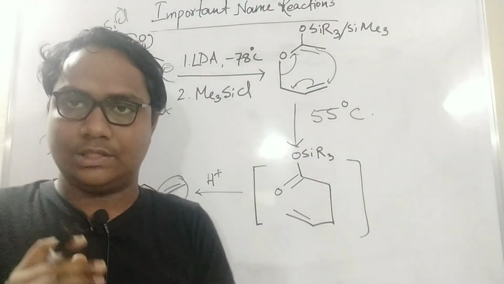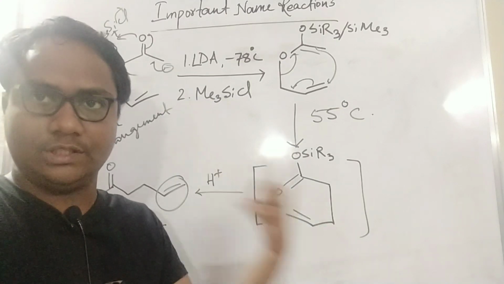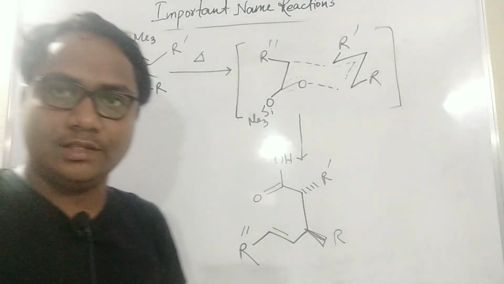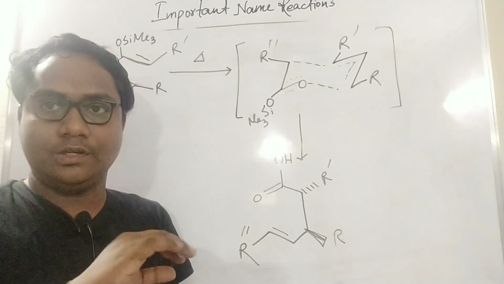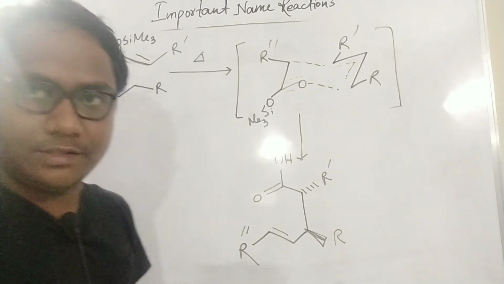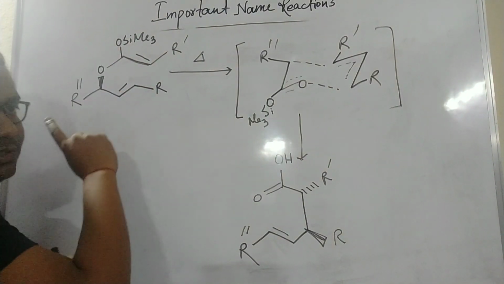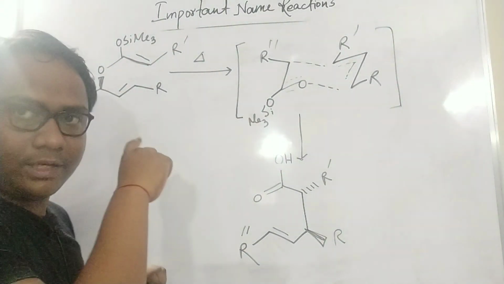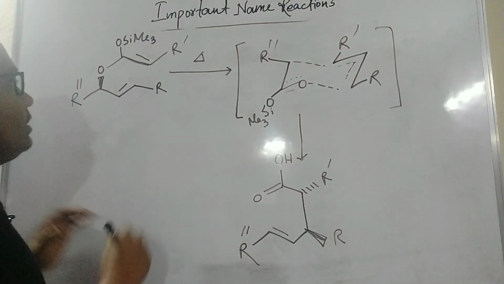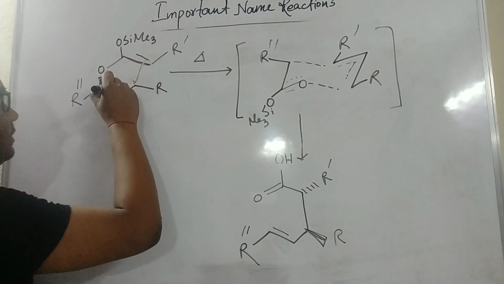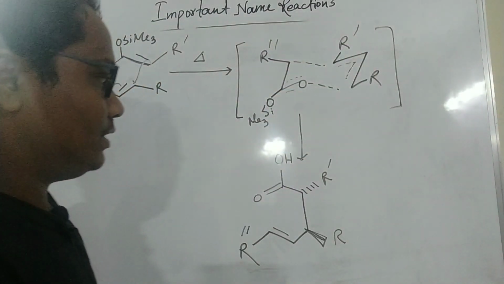Now I will write the stereochemistry about this reaction. I will explain a little bit about the stereochemistry of the Ireland-Claisen rearrangement. Previously we took this type of moiety; in the first step, LDA was used. I directly take this silyl protected group and in situ it will participate in this rearrangement under heating conditions, and this is the transition state actually.